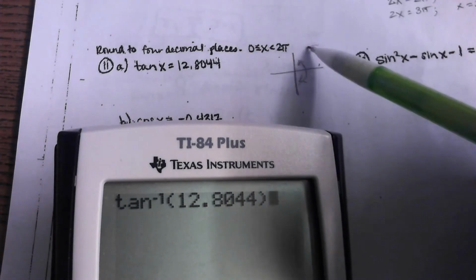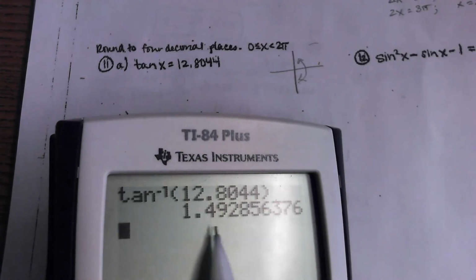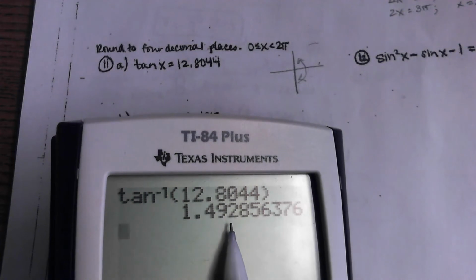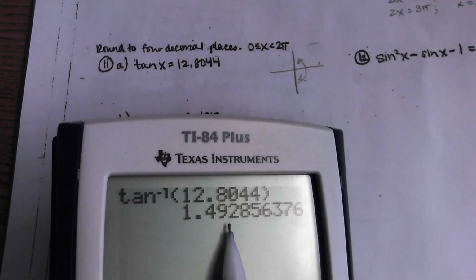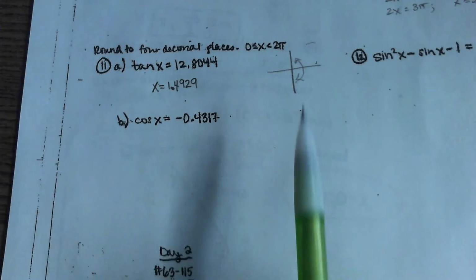First quadrant, correct. So I'm going to hit enter, and it's going to give me a number of radians that's in the first quadrant. Correct? Okay. So x equals 1.4929 radians. But